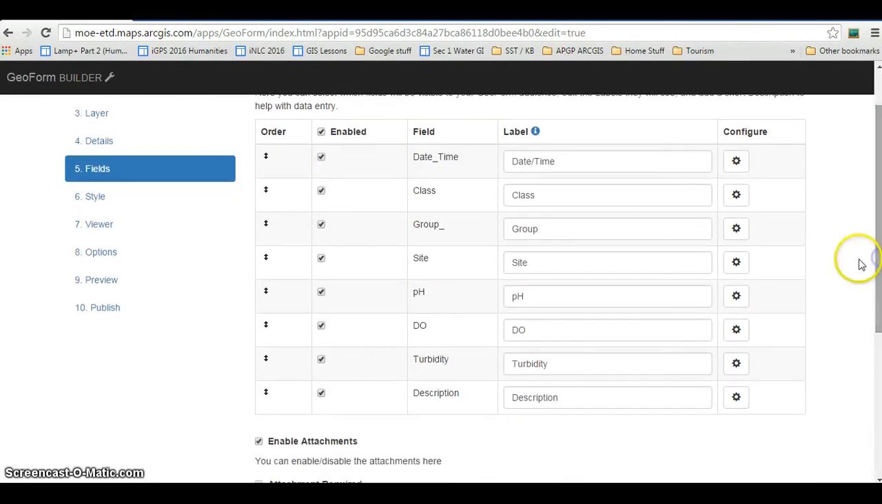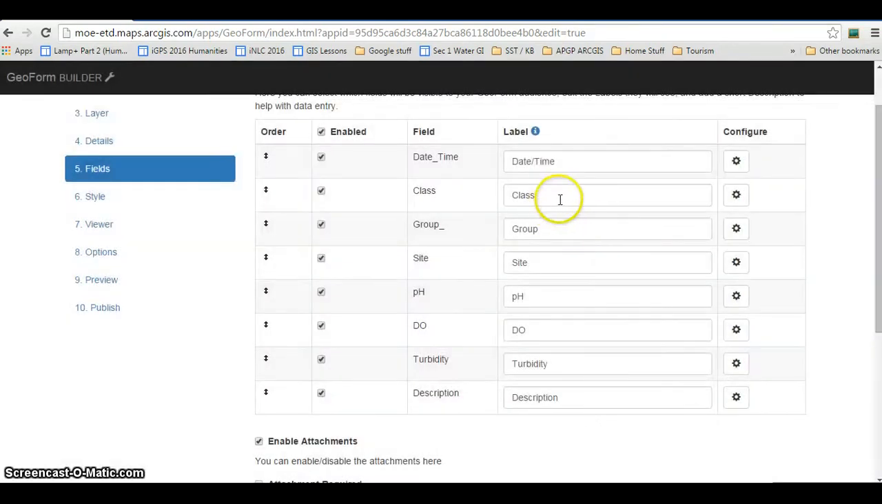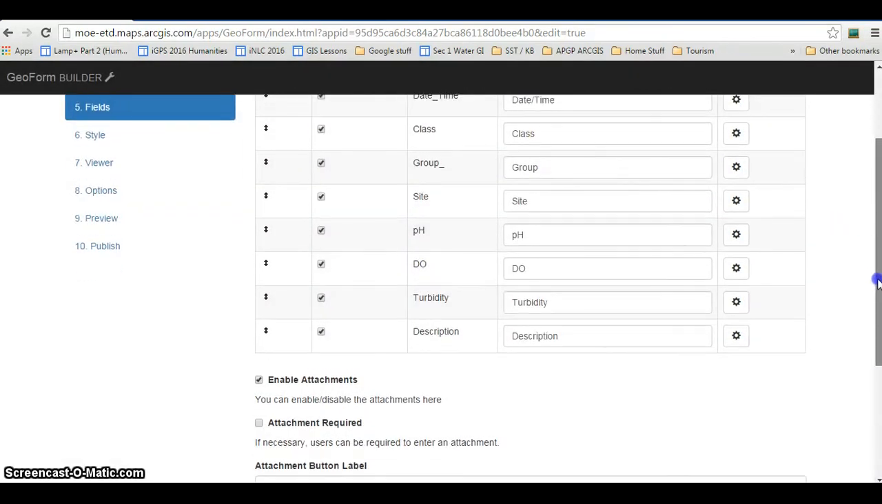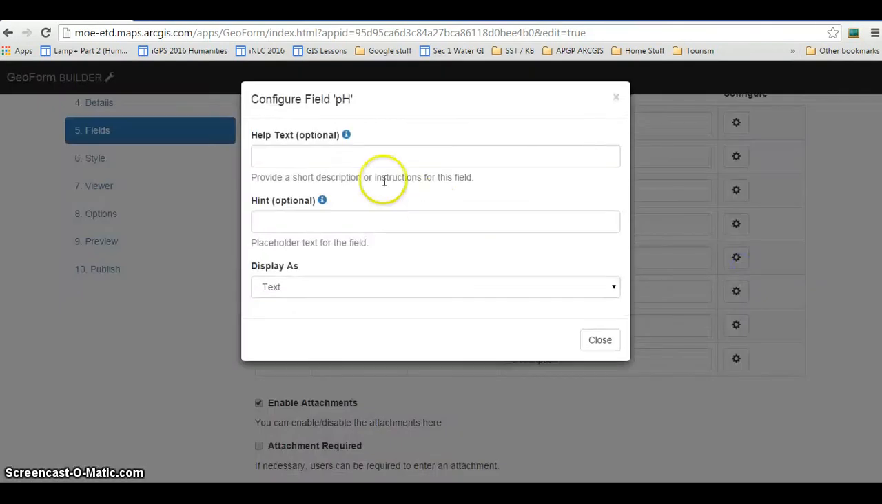Alright, so we want to set up the date and time. So we configure the date and time such that when the students go into the app, the time and date is set automatically. Alright, and then class group is okay. You may want to configure and remind them to only key in values for the pH, DO, and turbidity. So this is where you set up the hint, right? So please only